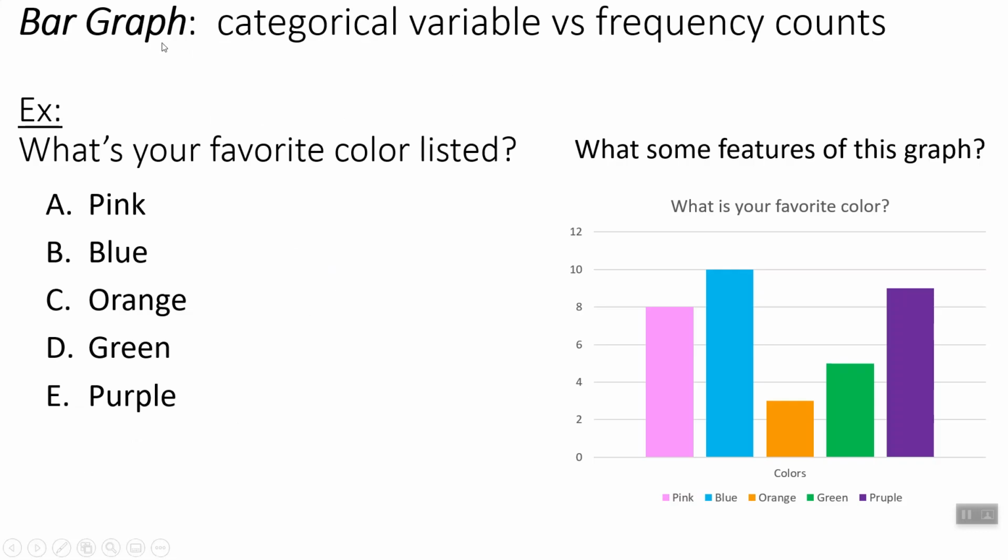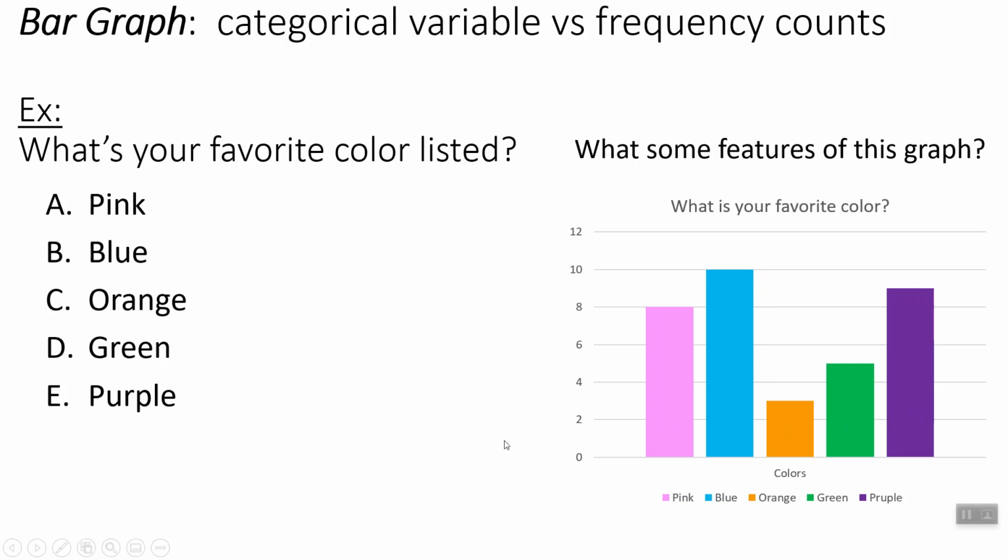All right, first up, we have bar graphs. Down here is an example of a bar graph. We have a categorical variable. Our category here was colors, and frequency counts. The vertical axis is the frequency of each occurrence of each color. The question here was, what's your favorite color out of the colors listed? We had pink, blue, orange, green, and purple. We had 8 people that said pink, and 10 people that said blue, and some orange and green and